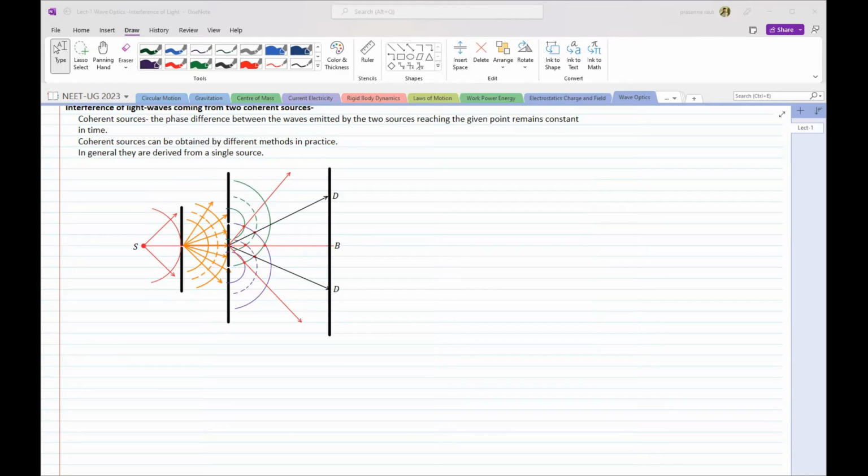I don't see any image. They form concentric circles. Okay, so on screen what you will see is